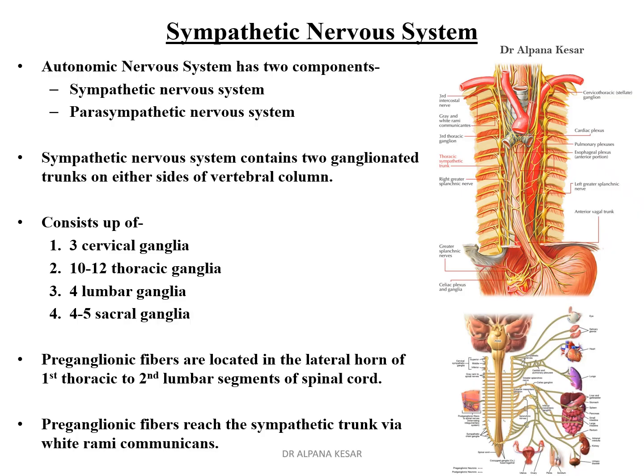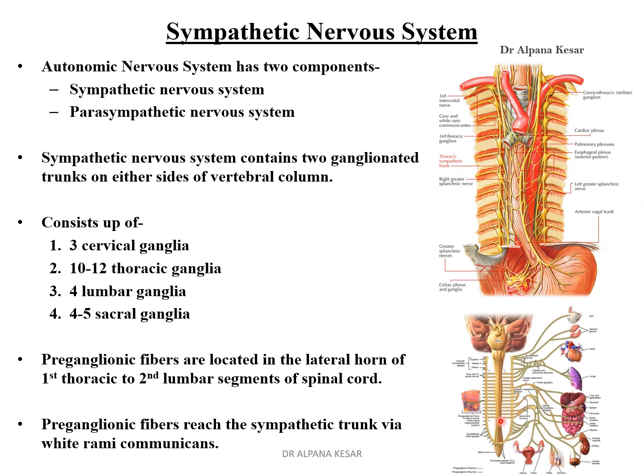Sympathetic nervous system. The autonomic nervous system has two components: the sympathetic nervous system and the parasympathetic nervous system. The sympathetic nervous system consists of two ganglionated trunks on either side of the vertebral column. These ganglionated trunks consist of the following ganglia: 3 cervical, 10 to 12 thoracic, 4 lumbar, and 4 to 5 sacral ganglia. The preganglionic fibers arise from the lateral horn of the first thoracic to second lumbar segments of the